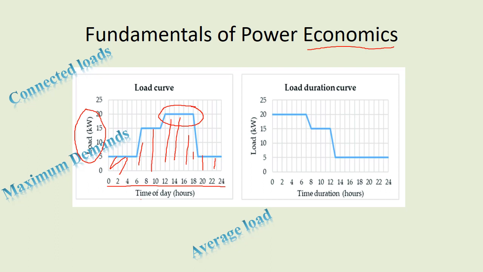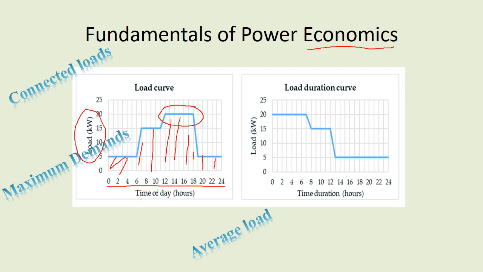You can say that it is the total demands upon the total number of hours you are calculating. So the sum of all the demands upon the total number of hours you are calculating. Basically your average load cannot be calculated for hours only. If you want to calculate on a yearly basis, then you write your total demand for the year upon the number of days or number of years. So you can change that average load, but basically this average load is calculated on an hourly basis.